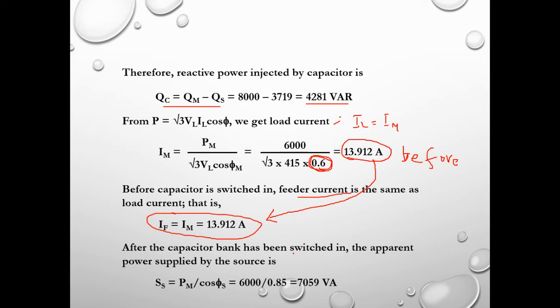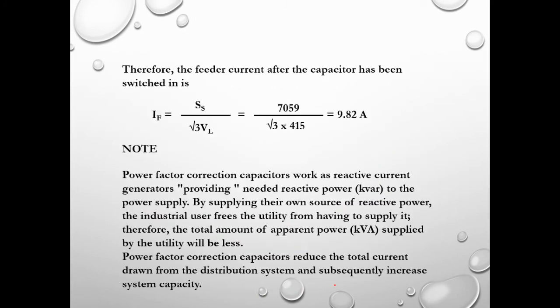After the capacitor bank has been switched in, the active power supplied by the source is still PM, the same value. We now have the improved power factor, cos theta, which is 0.85. Now the new value of S, the apparent power, has come down to 7059 VAR over ampere. So the feeder current after the capacitor has been switched in, this is the equation of apparent power, S equal to square root 3